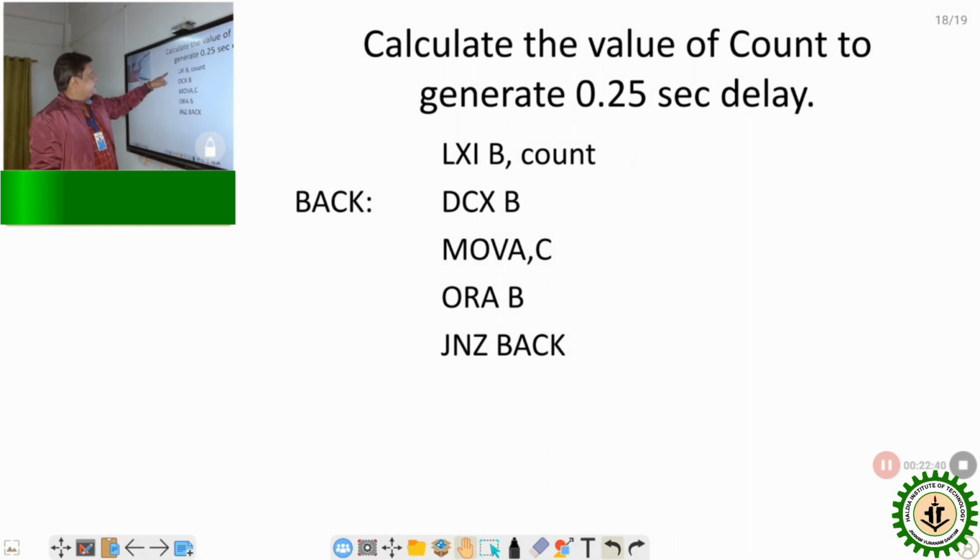Okay. The same thing I have used, which I have done in the register pair or 16-bit counter delay system. In this, I have not specified the value of count. Now, I would like to request my students and my listeners to find out the value of count so that the delay is 0.25 second, in the same way by which we have done the calculations shown. Okay. So, by this,